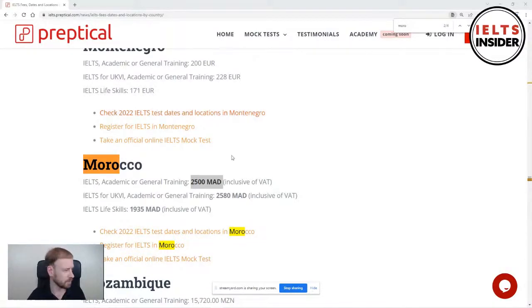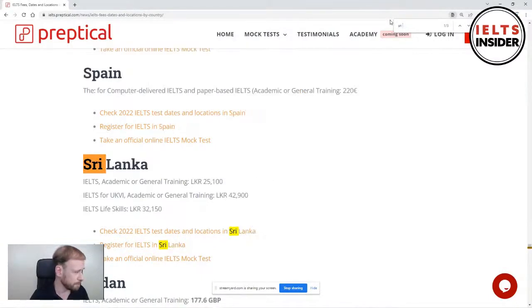Sri Lanka. Well, yeah, Sri Lanka is... there we go. Sri Lankan rupee, 25,100, which is, oh, that's very cheap. Sri Lanka is very cheap because that is about $70. So that's a cheap location for you, 70 US dollars. I know that might look expensive to you, but